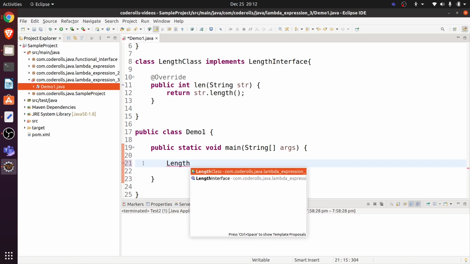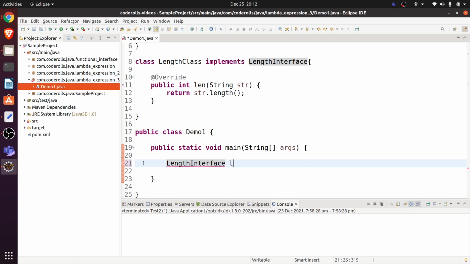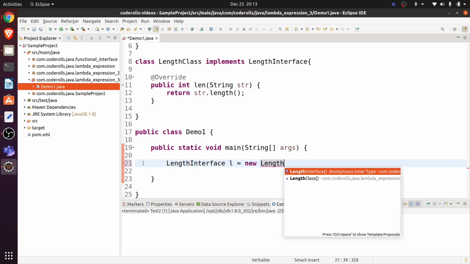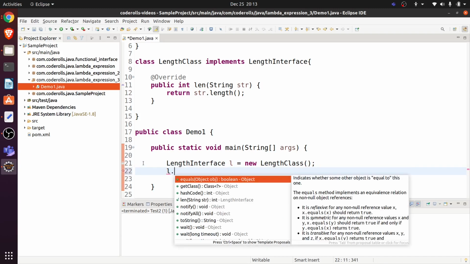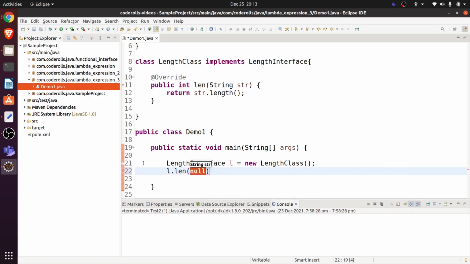You can take length class also or length interface also, no issue. Use the new keyword and length class. That's it. Now we will be invoking the len method. So len, and we will be passing one simple string here. So let's say